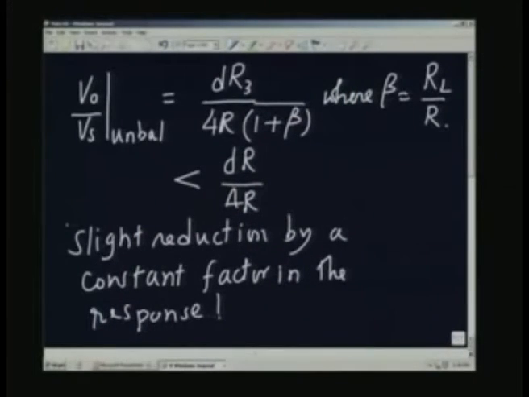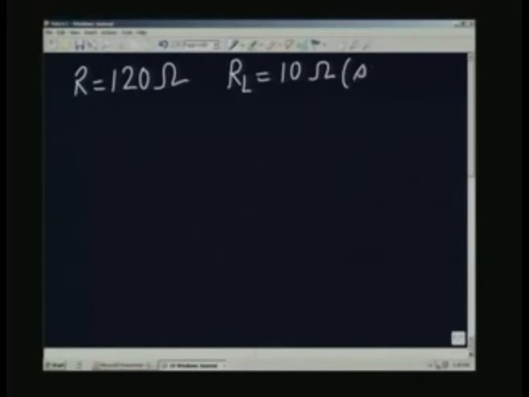Okay. So, this is a very important thing to know, and let us just take a simple example, the same kind of example we had earlier. For example, in the earlier case we had all R equal to 120 ohms, and suppose we assume that RL is equal to 10 ohms. Just an example, it is possible, it could be even larger. Suppose the lead wires, for some reason you require a long lead wire and the lead wire has got a large resistance equal to 10 ohms.